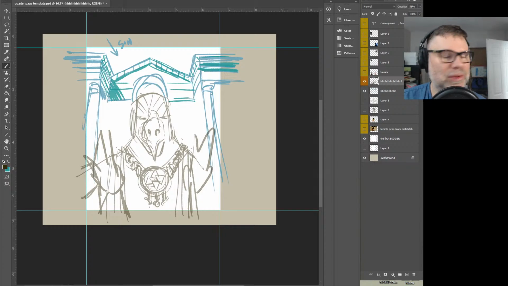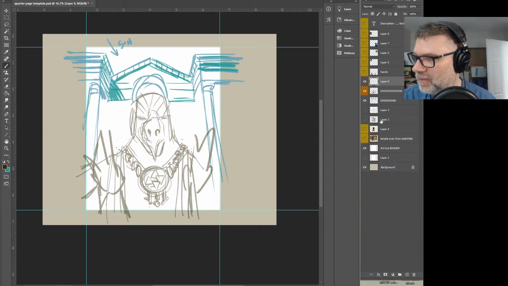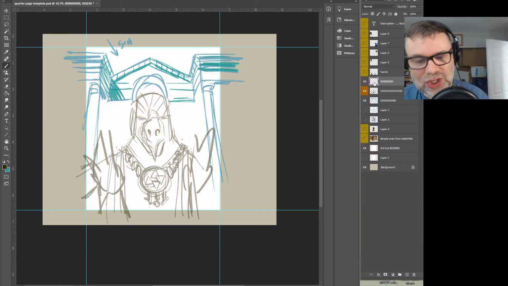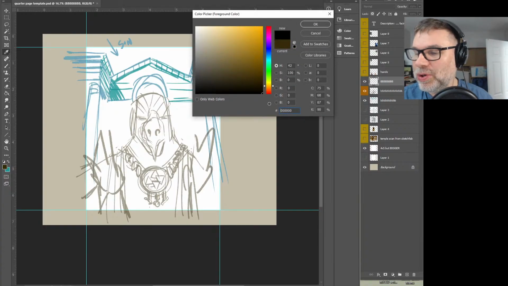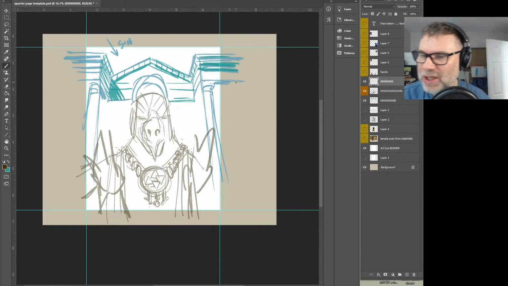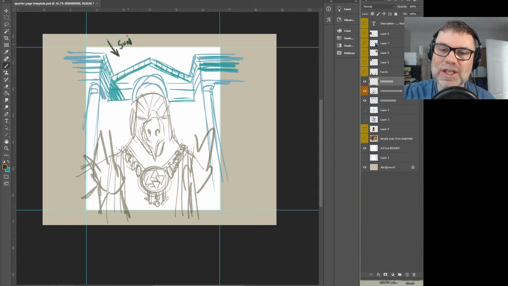And I'm going to have the, as I noted up here, as you can see, let's make a new layer. Nothing has been approved by the client yet, but let's proceed as if this were, do I dare proceed as if this is the final? As you can see, I've done the sun here. 60 is probably